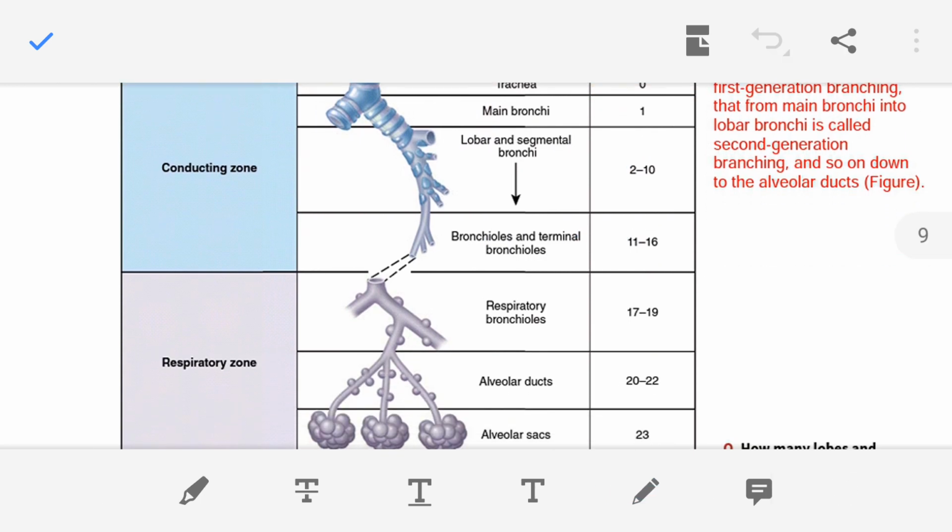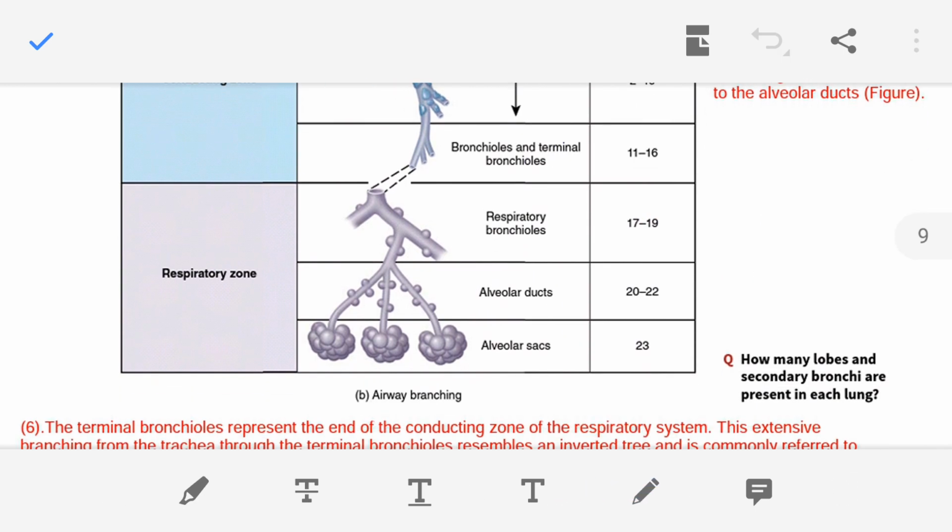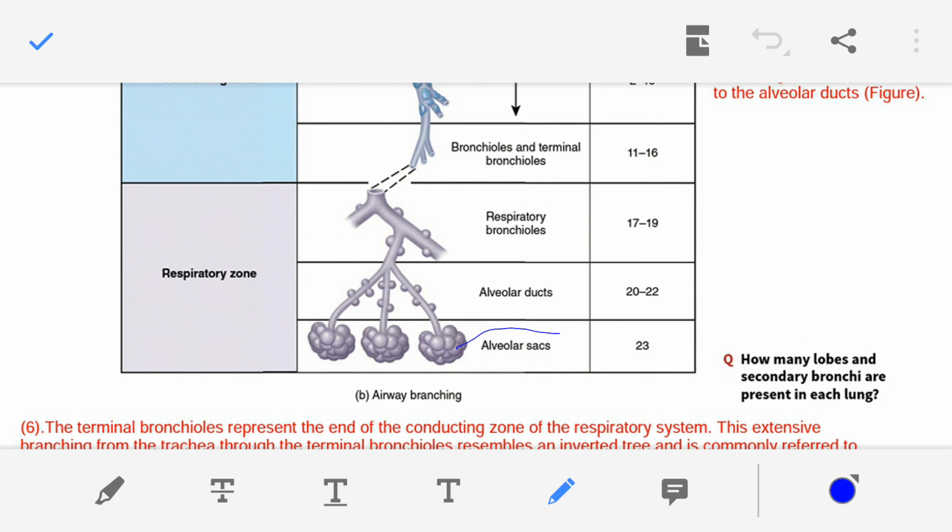Between the terminal bronchiole and the respiratory bronchiole, there are generations 17 to 19. So this respiratory bronchiole is 17, 18 and 19. Then 20, 21 and 22 are the alveolar duct. And on generation 23,